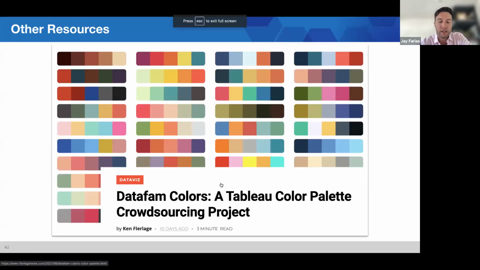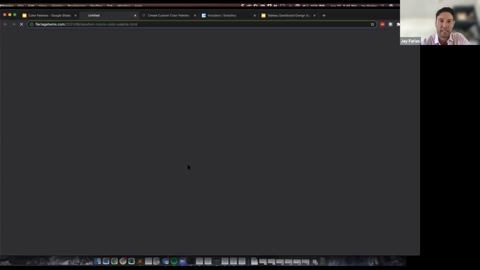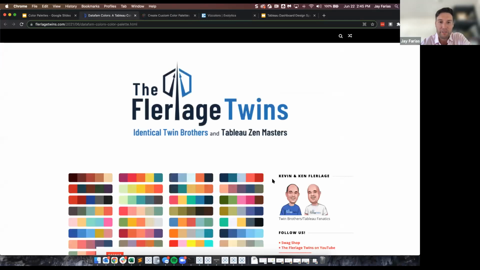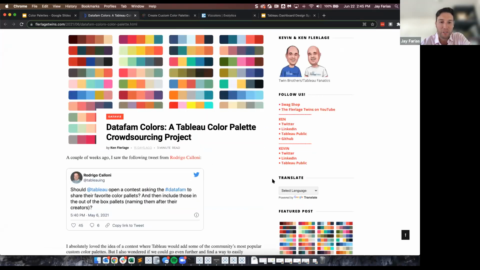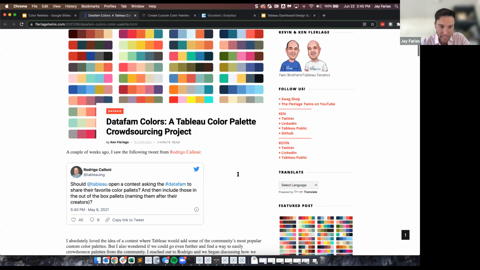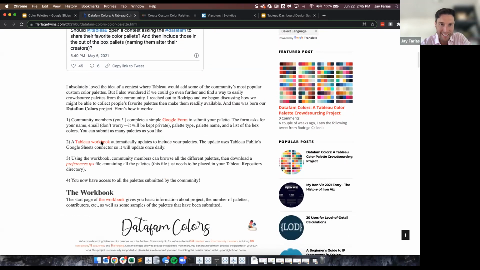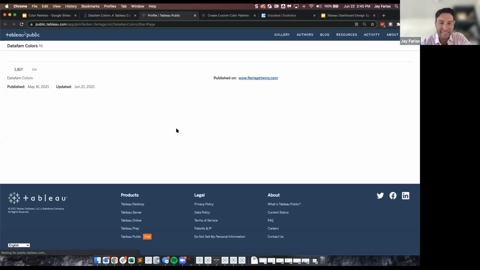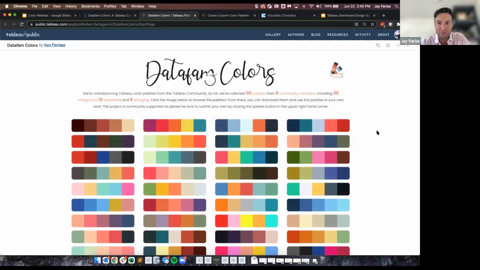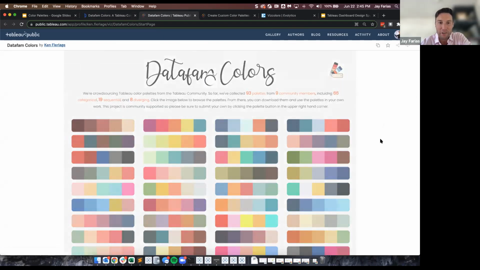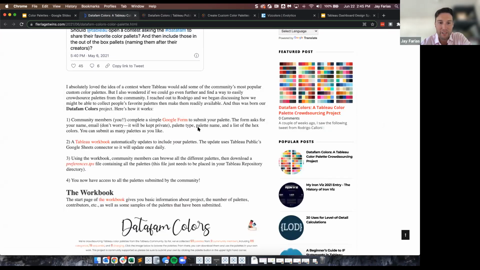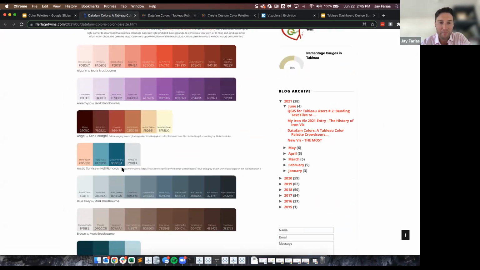Other resources, recently released and very good timing, was that Ken Flerlage released DataFam Colors, a Tableau color palette crowdsourcing project. So if you go here, this is absolutely ridiculous, but somebody put out a tweet saying, hey, we should get all the cool color palettes together. And so guess what Ken did? He made a workbook that has at least 100 of these, 93 palettes right now, that are really nice. So I'm going to let that load, and you can come down here and you can see all of them